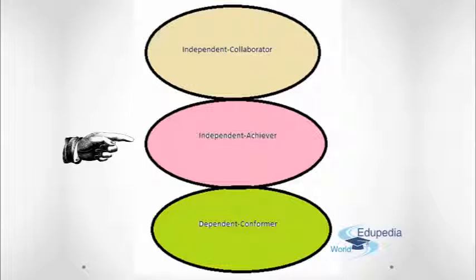The independent achiever stage is very much around individual heroic leaders. The leadership culture is characterized by people who on their own give big results individually, and they are rewarded and recognized for this. So this is all about being really independent achievers. And so it's good up to a point. The upside is that people really get motivated, as it is merit-based. The downside is that this encourages more individualistic and more selfish behaviors.